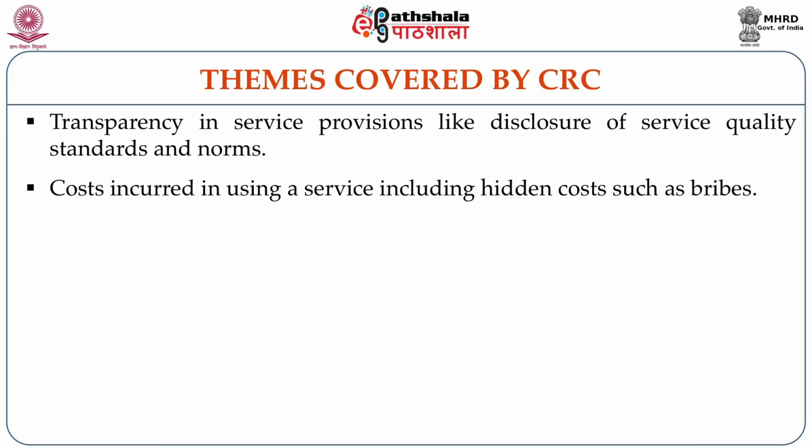Costs incurred in using a service, including hidden costs such as bribes. One good example is the supply of water. Many people in urban and rural poor communities sometimes have to purchase water from private providers, whereas the government is actually supposed to supply them with improved sources of water through a variety of means. So the costs that people incur because of using a service for which they actually should not need to make a payment could be one of the ways in which citizen report cards can help to reveal corruption associated with